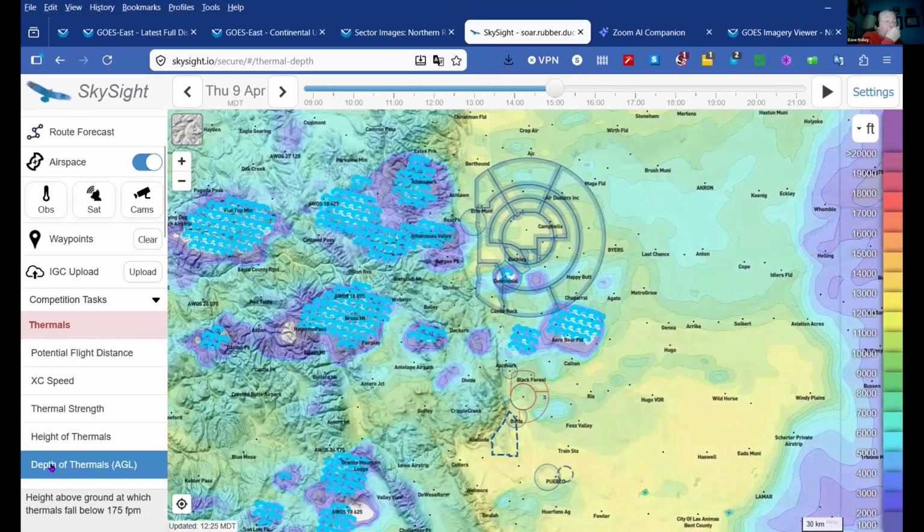Now, here's the other one that's kind of interesting. It goes along with this: the height of thermals AGL. This is the depth of the thermals. So how high does the thermal go, not above sea level, but above the ground? This is important when you're doing your planning because it gives you some insight for a starting point when you're looking at your initial height band estimates. For instance, if we were out here today and it said that the top of the thermal was going to be 12.5 AGL and the terrain out about where that cursor is is about 5,500,